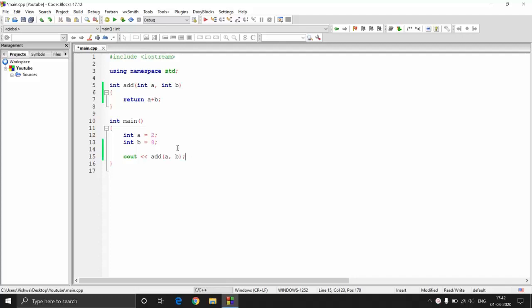So let's say this time we need to write a function to swap the values of two numbers. So what I mean is, if I now print A and then B like this, what I will be getting as my output is 2 comma 8, right? Because the value of A is 2 and value of B is 8.